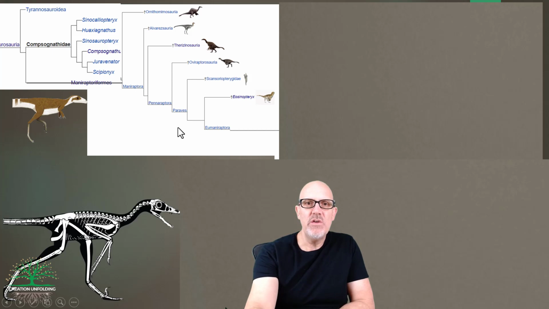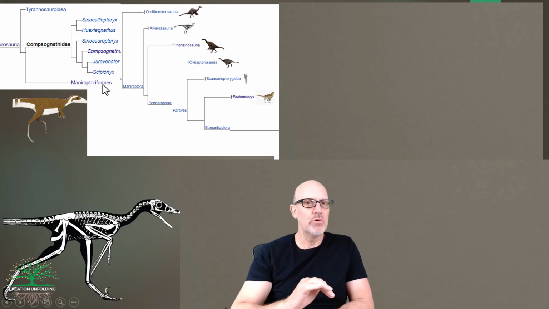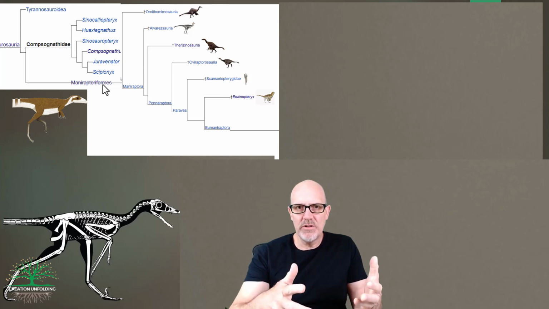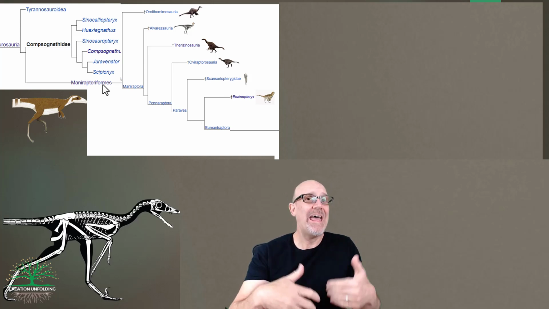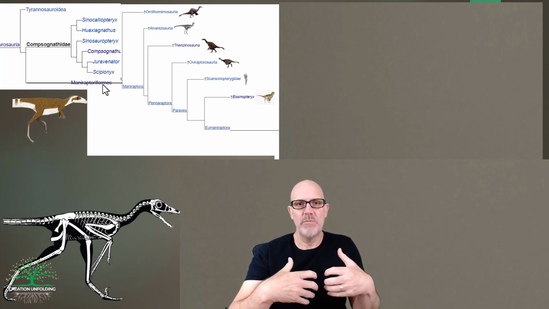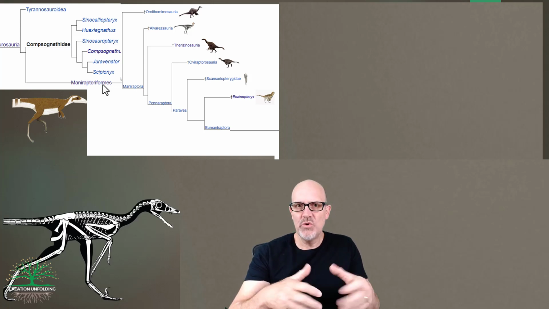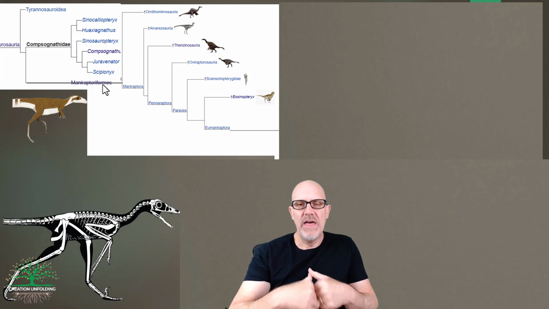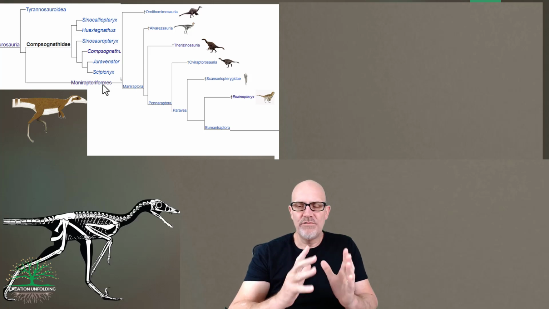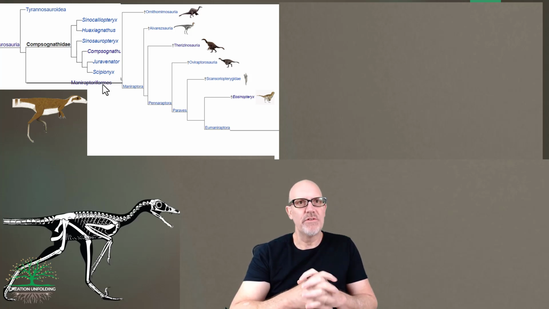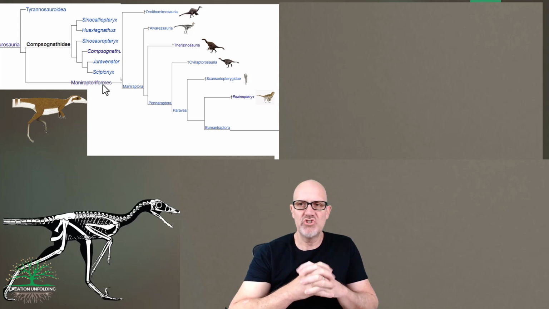And all of these represent this group called Maniraptoriforms. So they are theropods, but they all had feathers. Now, importantly, from the evolutionary perspective, none of these critters flew, and they simply evolved feathers for other reasons, maybe for thermoregulation, maybe to shelter their young, whatever. They have lots of different interpretations on that.